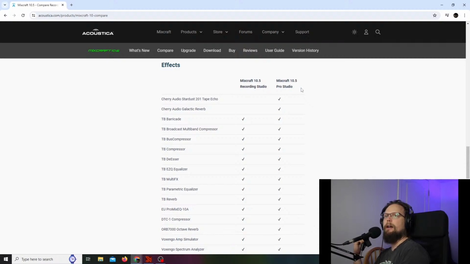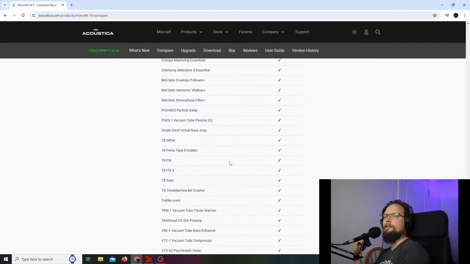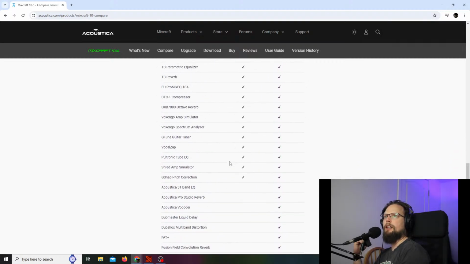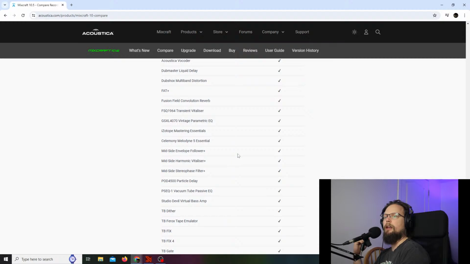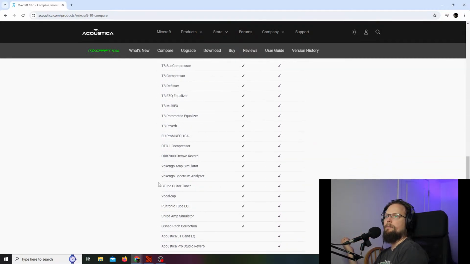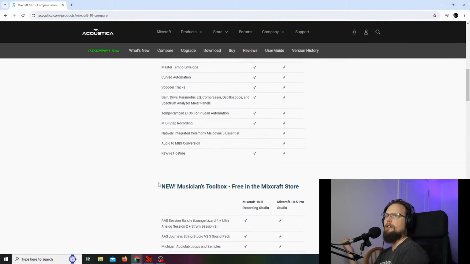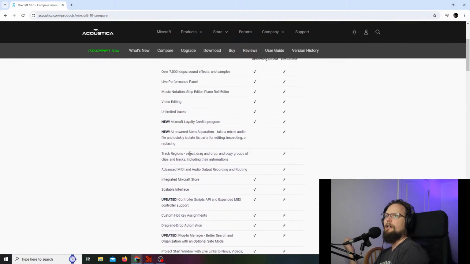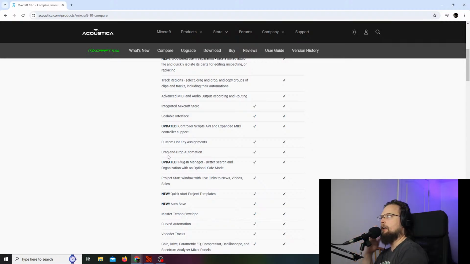Using the recording studio version is going to be more than easy enough. The big difference between these two is that you get a bunch of iZotope Mastering Essentials, which is actually pretty sweet. I think on its own it costs more than upgrading. So there are reasons to do upgrades, but the big difference is going to be the Melodyne and audio to